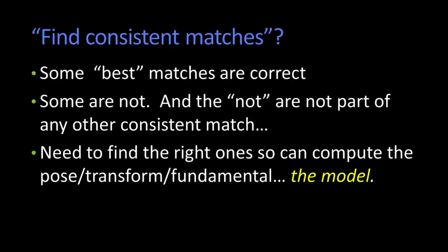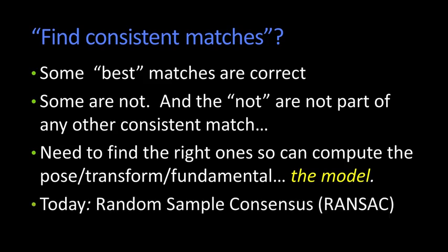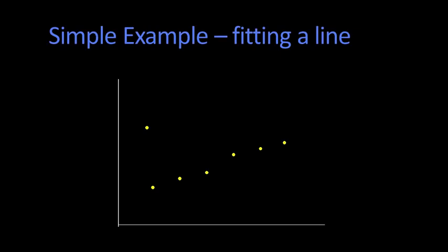Anyway, what we need to do is find the right ones so that we can compute the pose, the transform, the fundamental matrix, whatever it is, the model. This is the model that we want to compute. And today we're going to talk about this algorithm called random sample consensus, or RANSAC. To talk about how this works, go back to our simplest example of fitting a line. So here we have some points, and if I were to ask you to